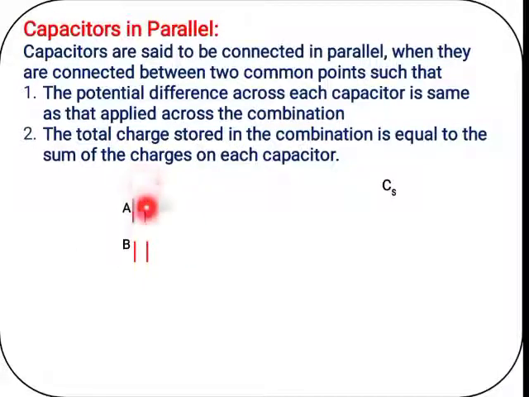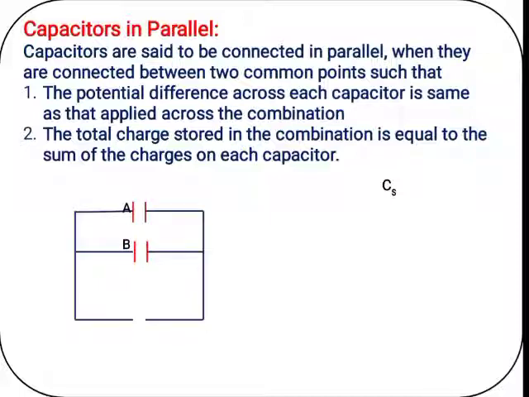If they are in parallel, then in this way we have to draw the capacitor symbols. Next, we connect the battery, and these are the notations for the capacitors. So this is capacitor 1, C1, the charge on this capacitor is Q1, and the potential across this capacitor is V. This is capacitor A. One plate is positively charged, the other plate is negatively charged. Similarly, the other capacitor which is connected in parallel is capacitor B.